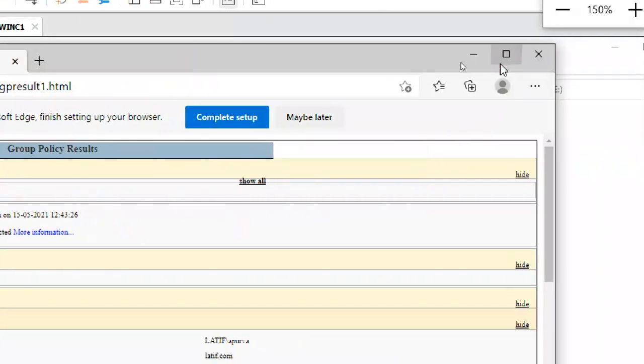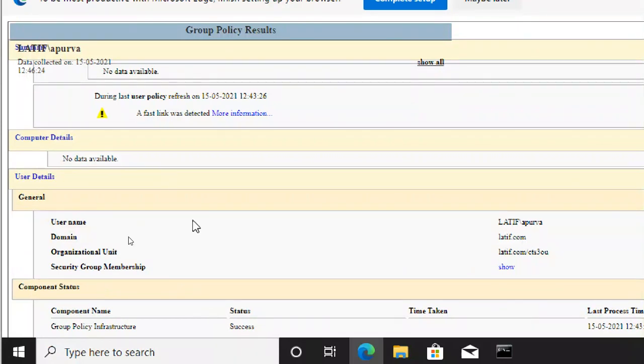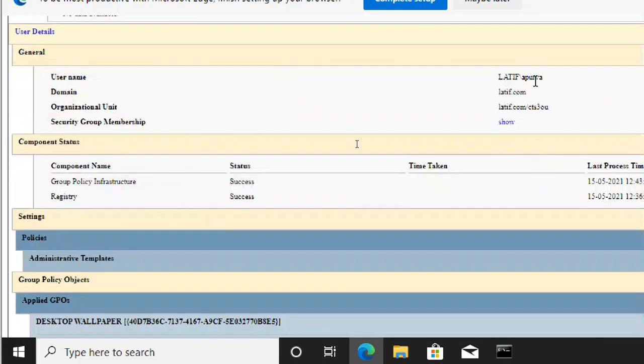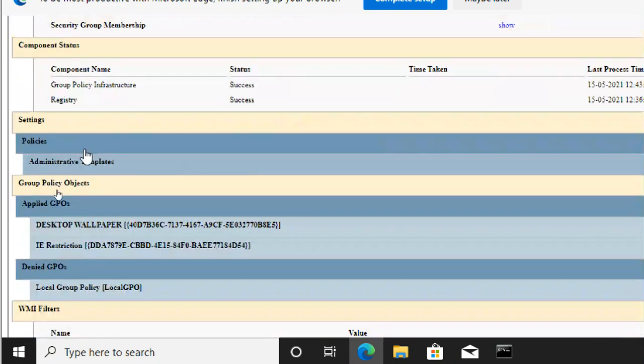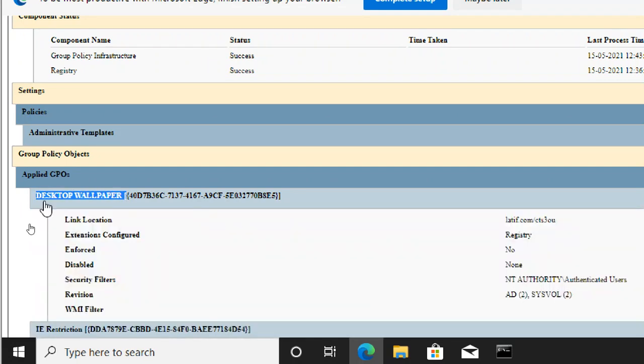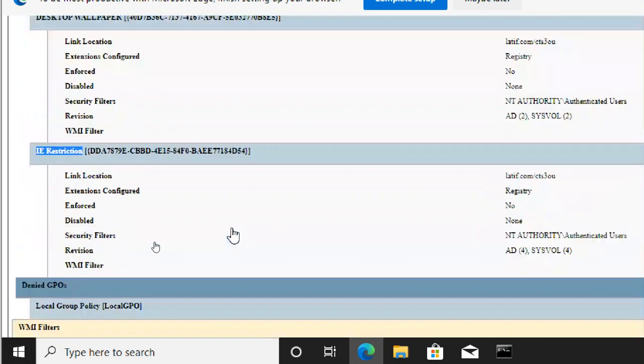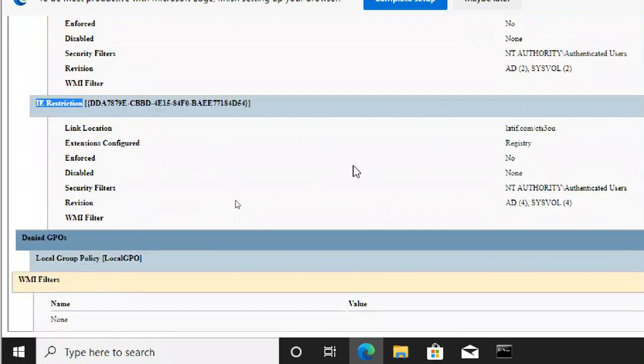You can see what policies are applied on this particular user. General, component, policies, group policy objects, applied GPOs. What group policies are applied on it? Desktop wallpaper, IE restriction; denied GPOs are not there.